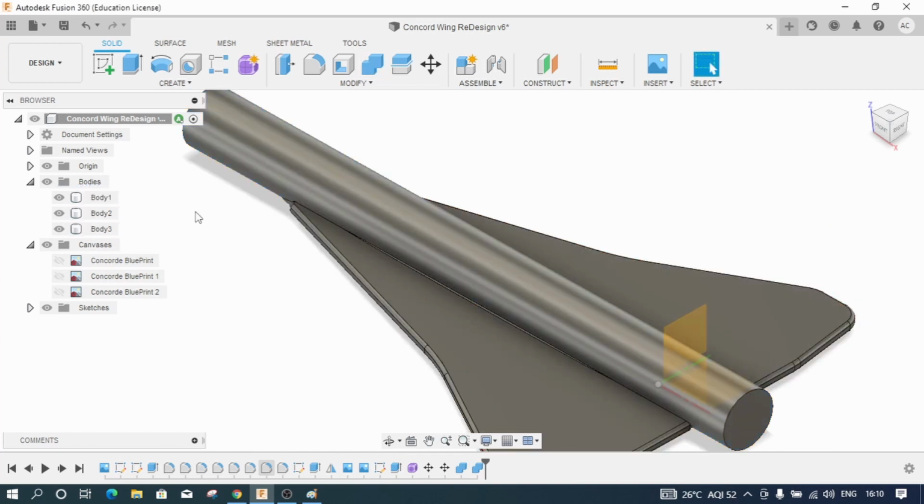Now you can see, if I try to move this particular wing, let me rename this as right wing, this as left wing, and this as fuselage.